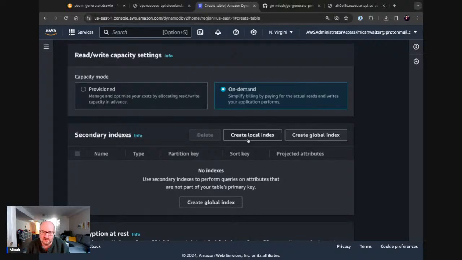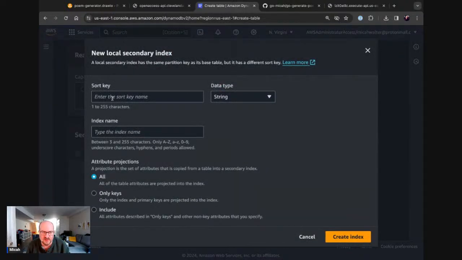Cool. So, for example, you could go here and basically create a secondary sort key. It'll use the same partition key as the base table, but with a different sort key. And then each index that you create, each local secondary index or global secondary index, will also have its own index name. And then there are some options around projections, which is which attributes within each table are copied into that secondary index. So there are a couple of options there.